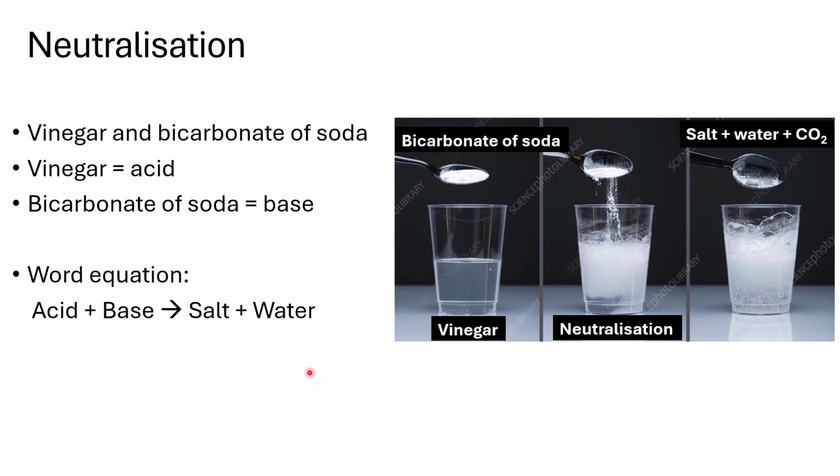An example of neutralization that you can test in your own kitchen is if you have vinegar and bicarbonate of soda. If you put some vinegar in a glass, you can even dilute it with a little bit of water, and then you add bicarbonate of soda in it. Then immediately when the two substances come into contact with each other, you will see that some bubbles form and the chemical reaction is taking place. And the final solution that you will get from this, the product, will be salt, water, and carbon dioxide.